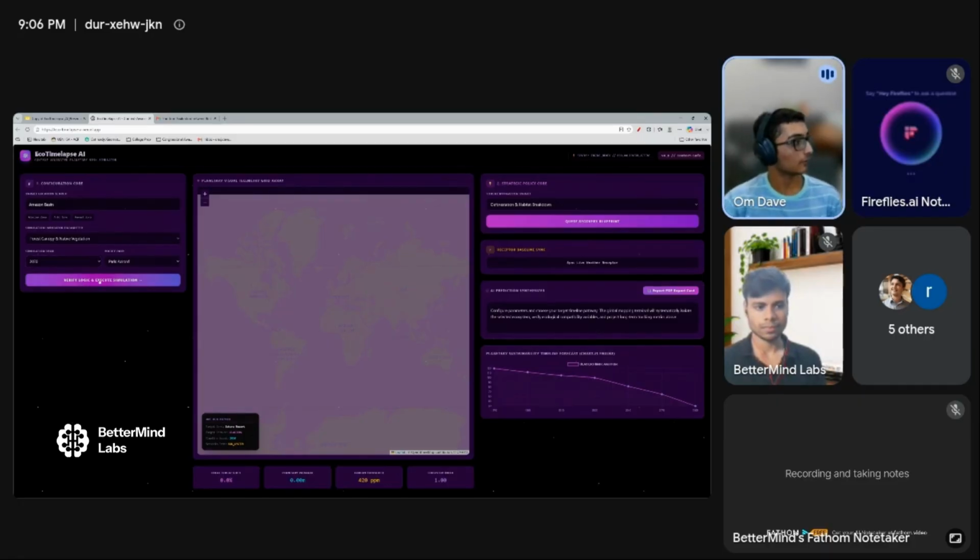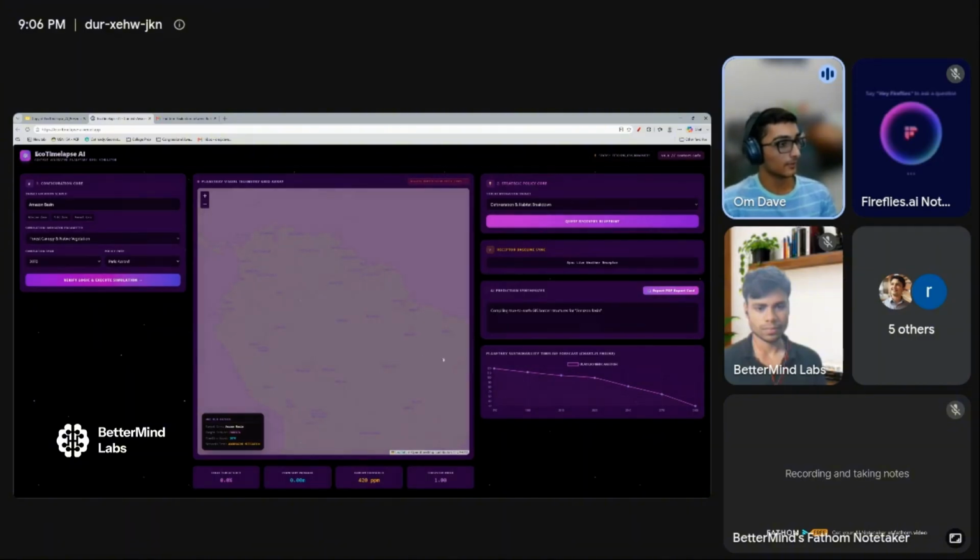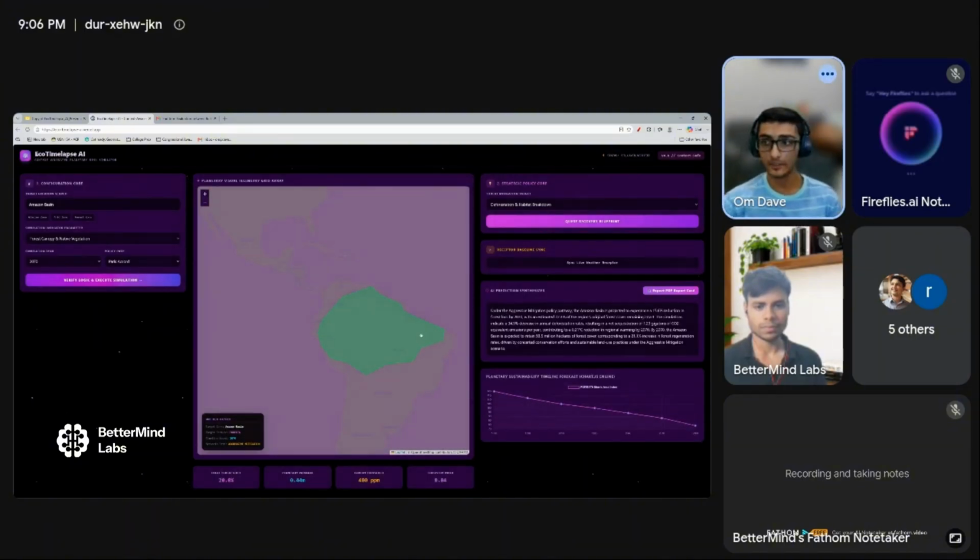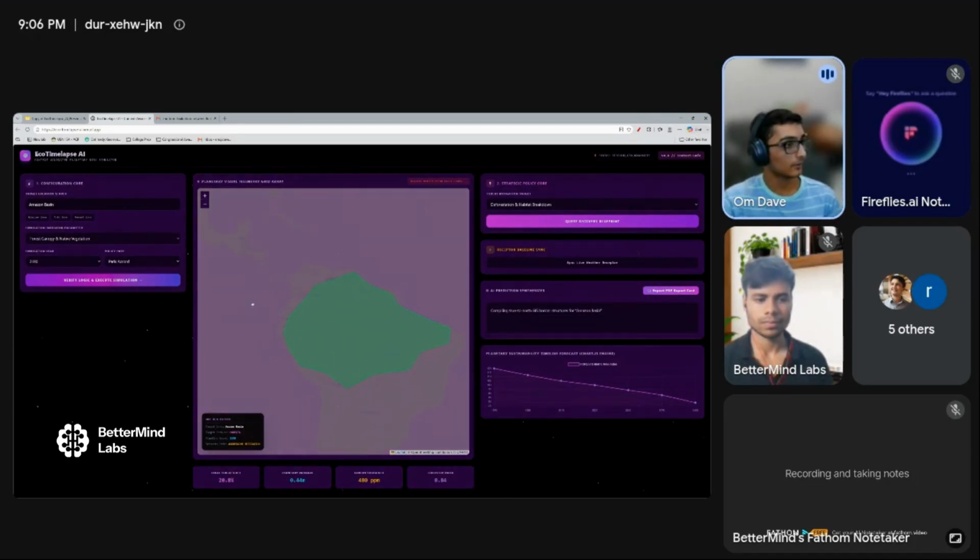So for the Paris Accord, we can do 2070. If you click on Verify Logic and Execute Simulation, it will zoom in on the Amazon Basin and provide a highlighted area of how much of South America will be covered by forest in that year. So if I then go ahead to 2100 and click it again, it should get smaller,